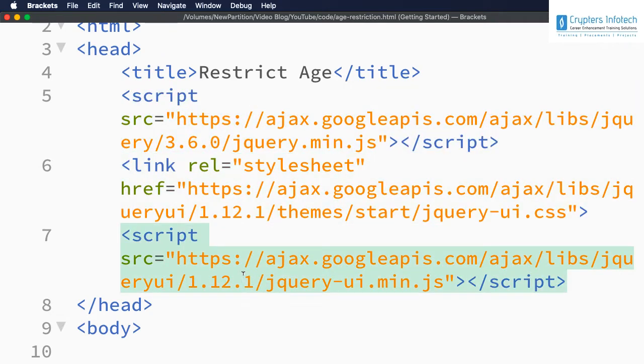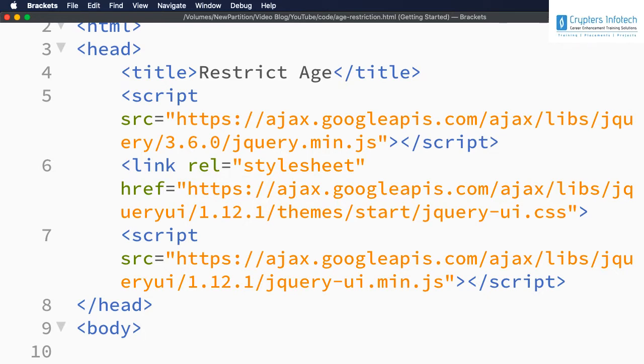Now jQuery UI's date picker widget allows the user to select a date. Basically, it looks like a calendar, from where you can select whatever date you want. It could be date of birth or date of appointment. So it is very easy to make an element into a date picker or a calendar. Let's see how we can do that. And after creating a date picker widget, we will see how we can implement age restrictions on that calendar or date picker.